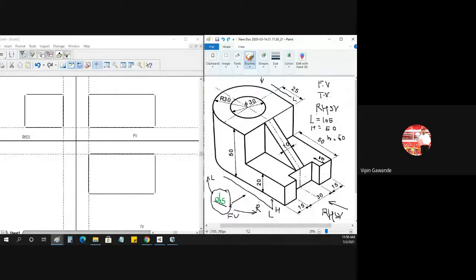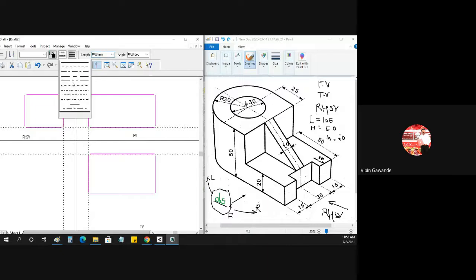Now the next thing is what? Now we'll start constructing the surfaces. First of all, I will make all these lines dotted, so that we will get the complete picture of the surfaces. We require these lines to be faint. So I have made this total construction faint. Now let us start with the front view.